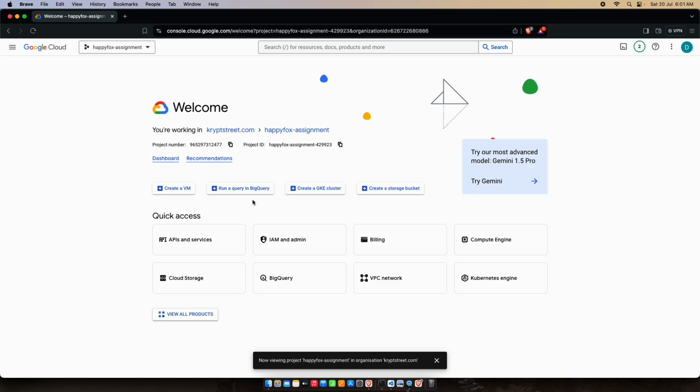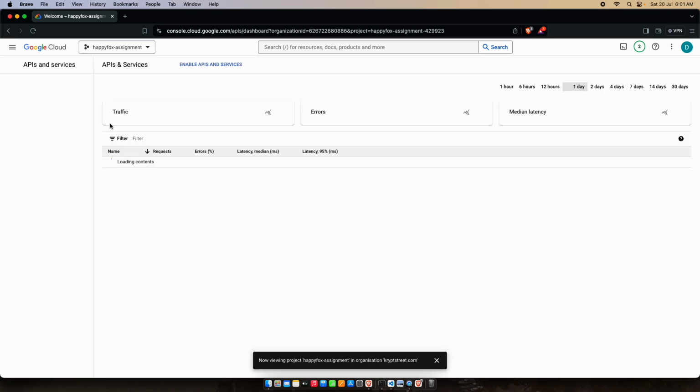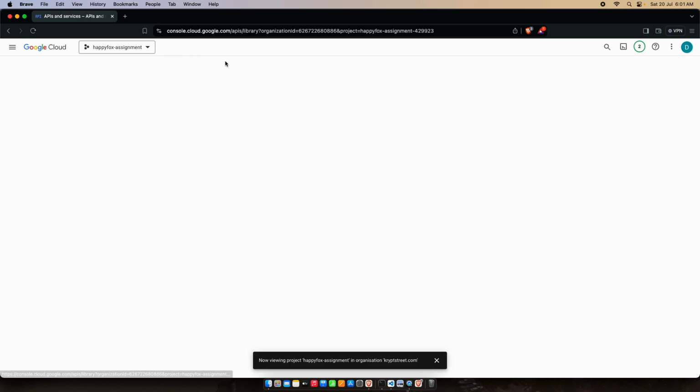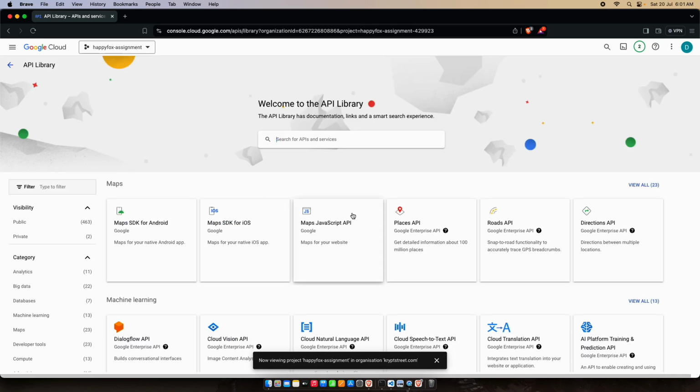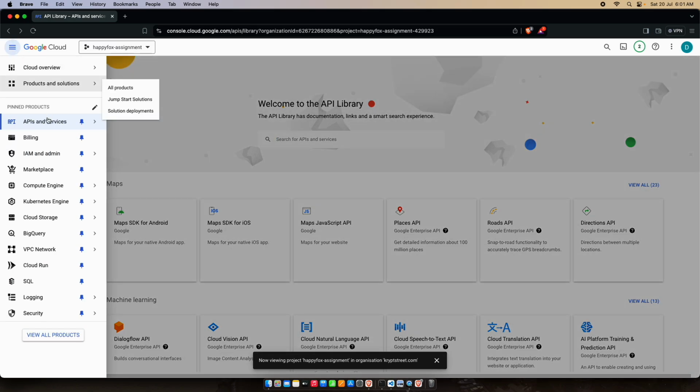and go to APIs and services, enable API and services. Here, select enable API and services. Look for Gmail API, select it. It is already enabled in my account, so no need to do it, or else you can enable it. After enabling the